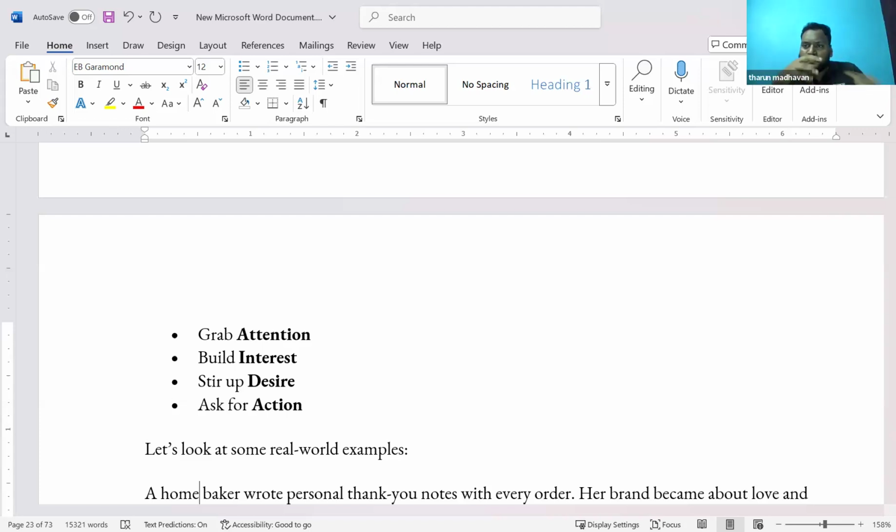Because the more... see, I'll tell you, I don't remember the book's name here. It wasn't The Monk Who Sold His Ferrari, but there was some monk-related book that I was reading.